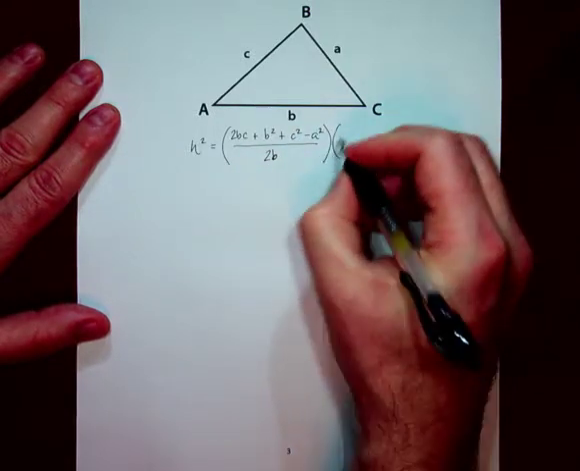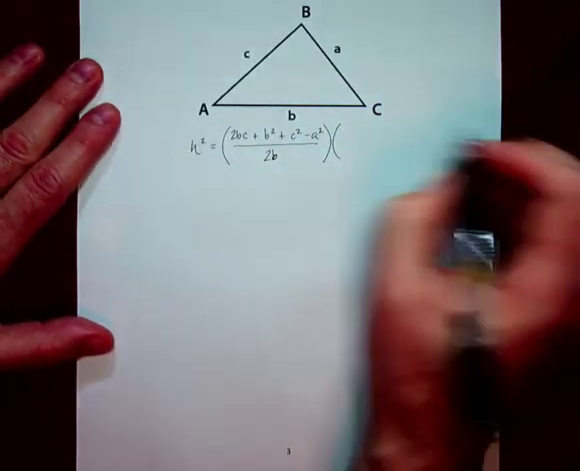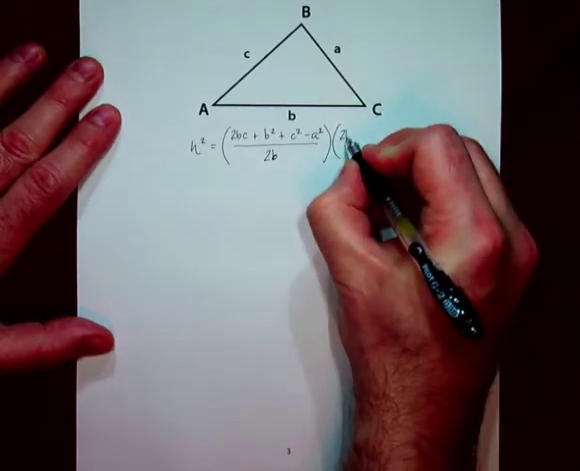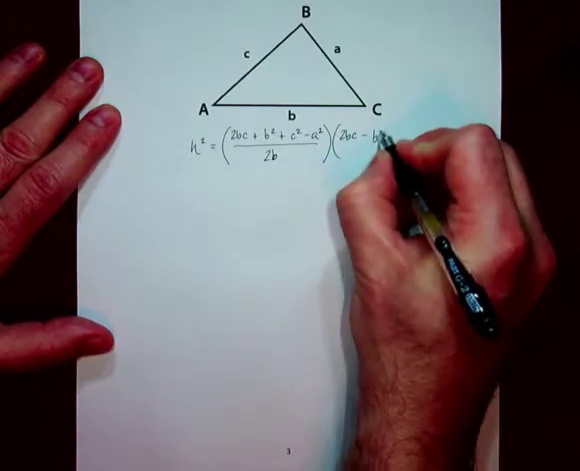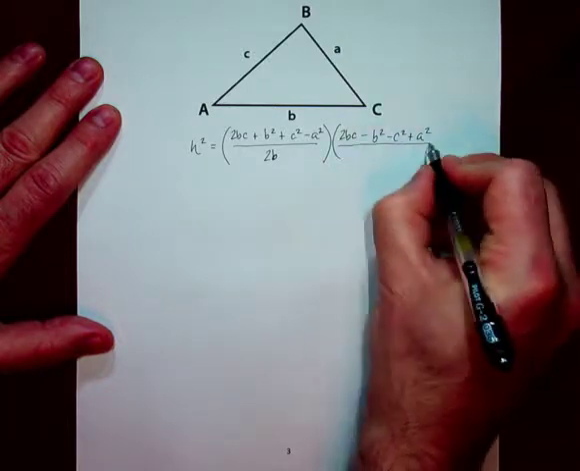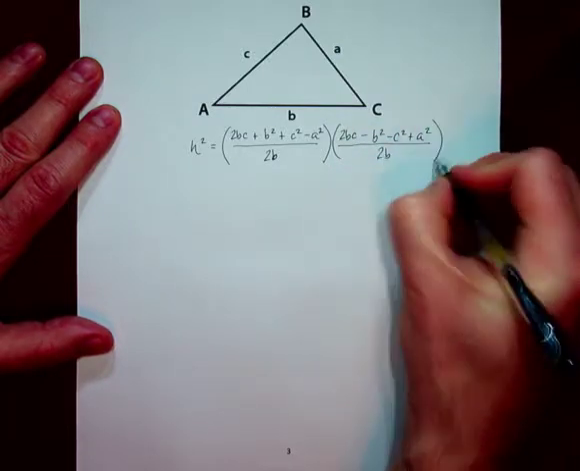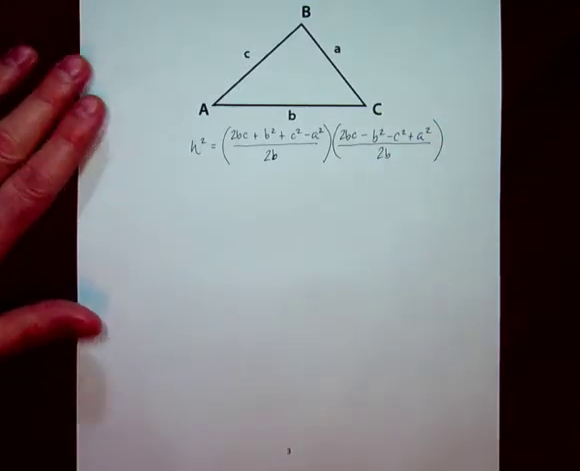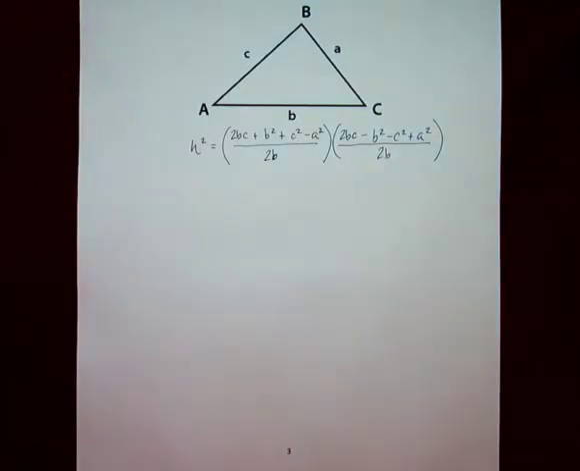And then when I get the common denominator and distribute that negative in the second one, I'm going to get 2bc minus b squared minus c squared plus a squared. Notice that all three terms in that trinomial change sign. Now from here,